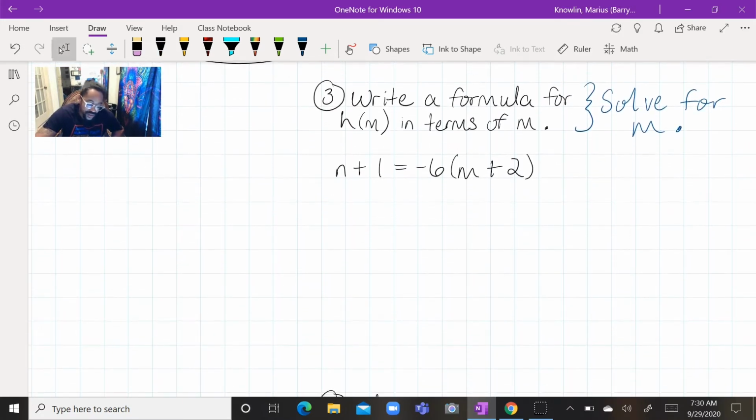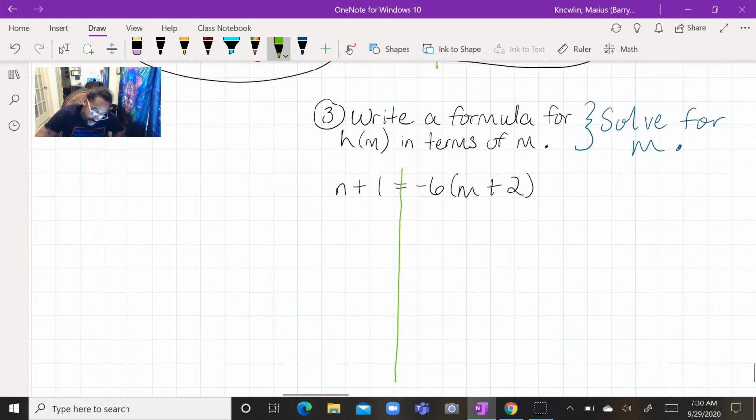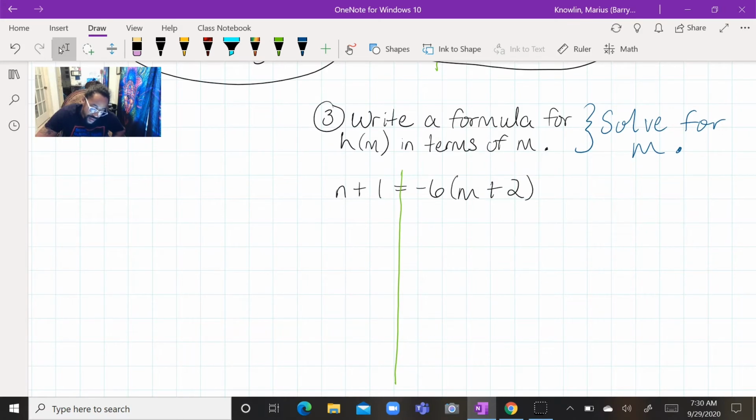Number 3 says write a formula for h of m in terms of m. Basically, solve for m. So, in doing so, I'm going to go ahead and divide my equation into two parts, a left side and a right side. And we want to solve for m. Now, in order to solve for m,